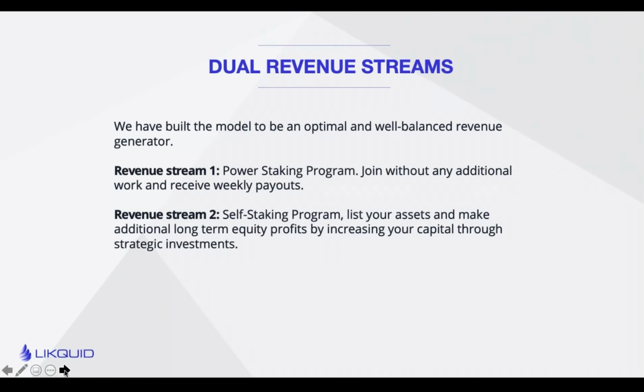I've always said, and to be clear on this, we're talking about several revenue streams, but in relation to Empower, the most clear one is revenue stream 1, which is the power staking program. Very simple. It's just about deposits, and you can withdraw your funds again. And then you have the self-staking program where you list an asset and you actually make money from the asset appreciation as well. So it's two sides to the same coin. Although it's not a coin, it's actually a triangle with many sides to it. So we believe that this is going to grow very, very fast.